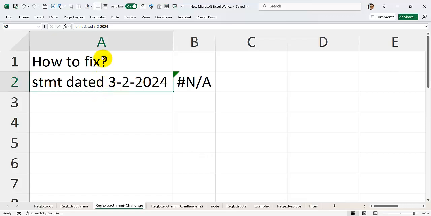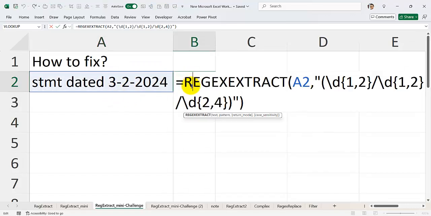Now what it means is that I have 3 slash, and you have this extraction. At a glance, it looks like it's the same. You see, REGEXEXTRACT looks the same. We have the date, and then hey, wait, this is a forward slash. So that's why it cannot match the pattern. You see that? It's a digit, yes, but it's a forward slash, not a dash. So if we put in a dash,